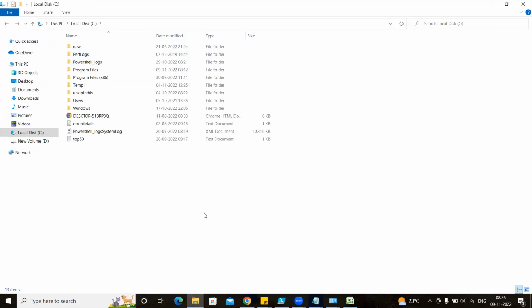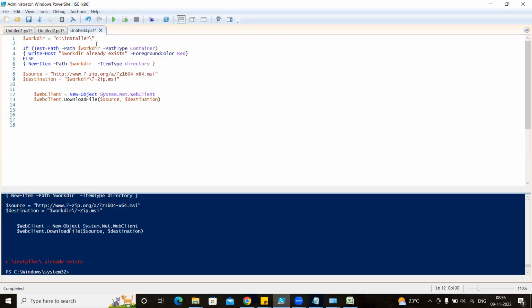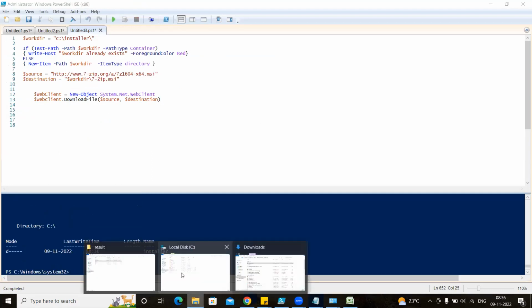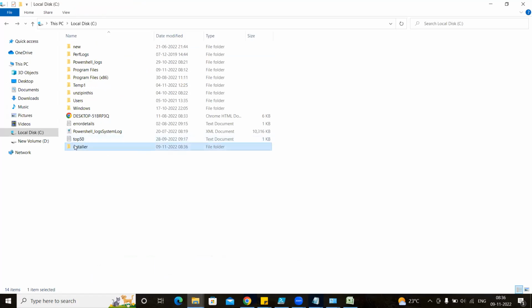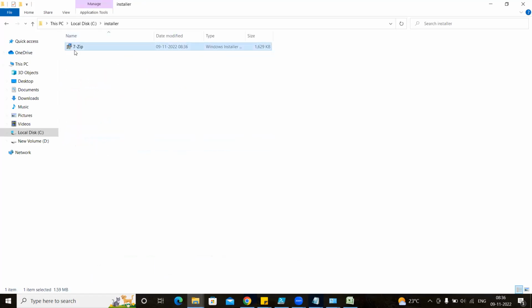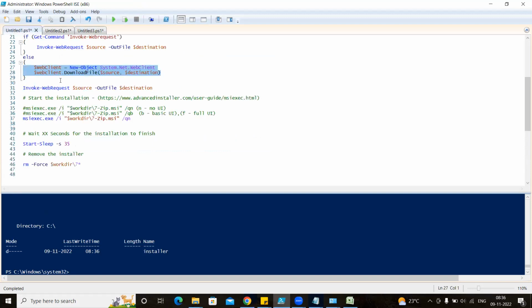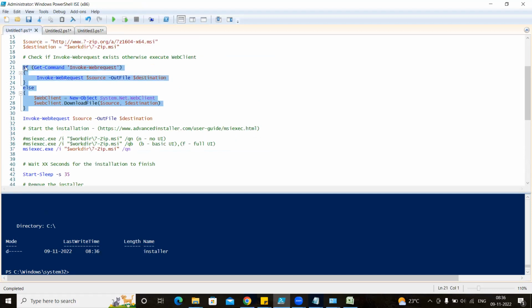So I will just delete this first. I've deleted it. If I execute this, it will create the folder, and after creating the folder, it has downloaded the file also. So you are able to do this with .NET, and you are able to do it using the cmdlets, right? No doubt here. Correct. So why have I given these 2 lines? Because if the cmdlet is